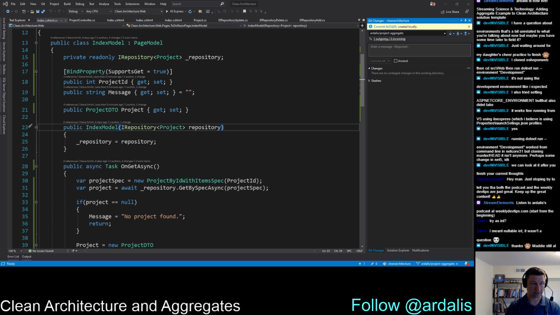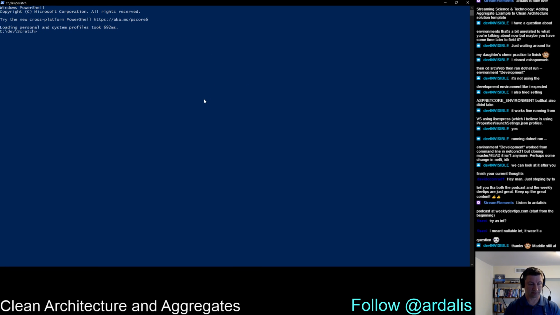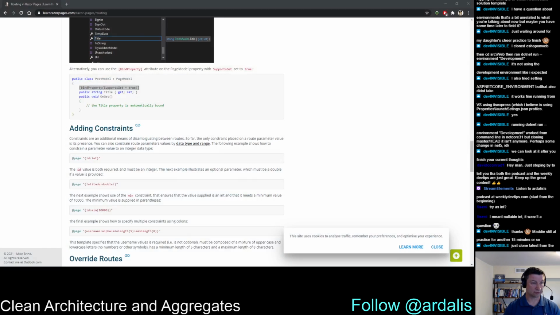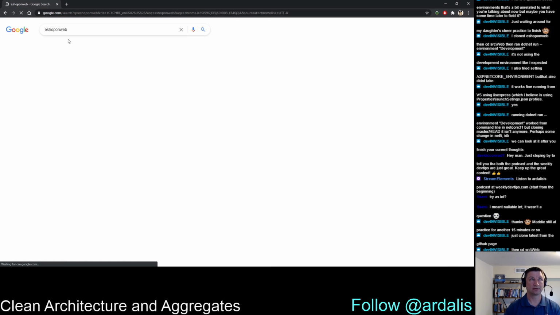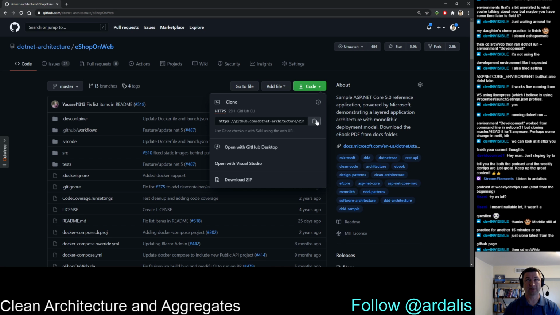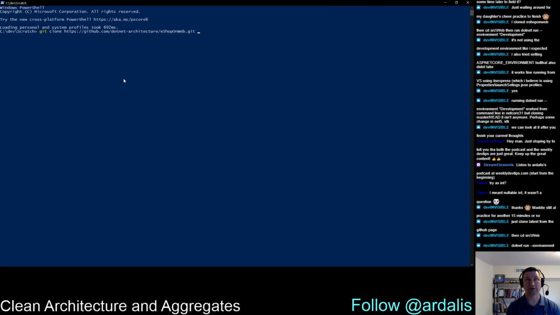PowerShell. So I'm in my Scratch folder, which is where I mess around with stuff. And let's go over here. Let's go find EShop on the web and grab this and copy that. All right, so we're going to clone this. We'll say git clone that, and we'll call it April Twitch EShop on web. And it's going to pull it all down,